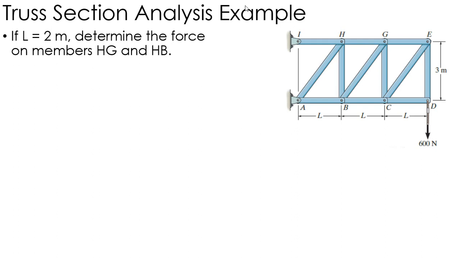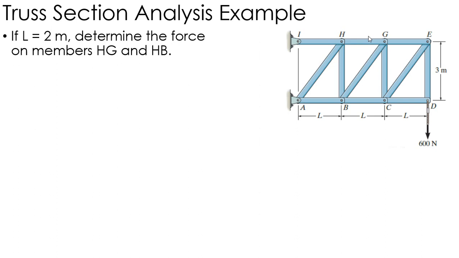Okay, in this example, I want to take this truss, and I actually want to figure out the force in members HG and HB, which is this vertical member right here. So these two forces right here. Okay, so then rather than doing the joint analysis where I go joint by joint through all of these,